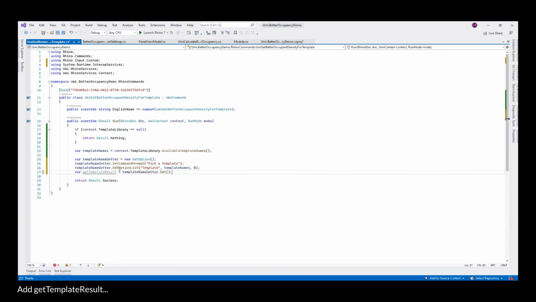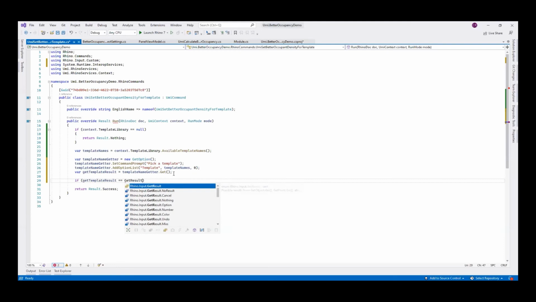Which says, okay, we've built our getter. Go ahead and ask the user. Ask them to pick something from this list. Okay. Now, they might cancel, and we need to handle that. So if it is a cancel,